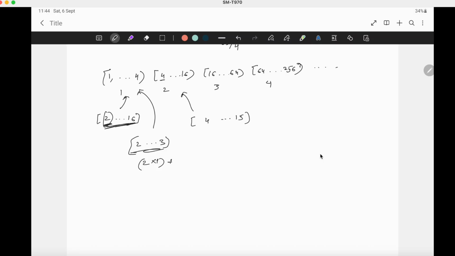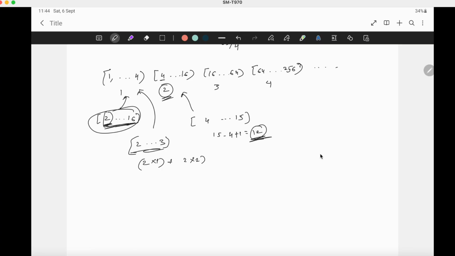So here it is 2 into 2, sorry, it is from 15 to 4 plus 1. In total, how many elements do we have here? 15 minus 4 plus 1 is obviously 12. So 12 elements are there in this particular range 2 to 16, and these 12 elements require two operations to